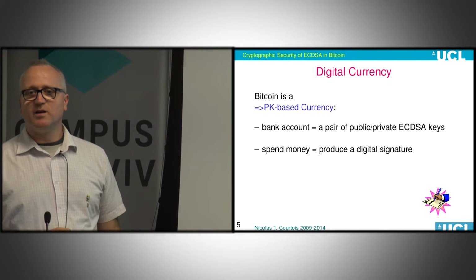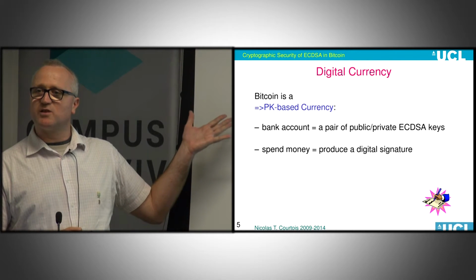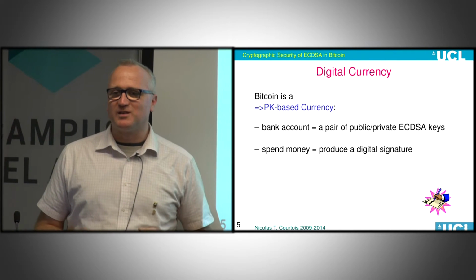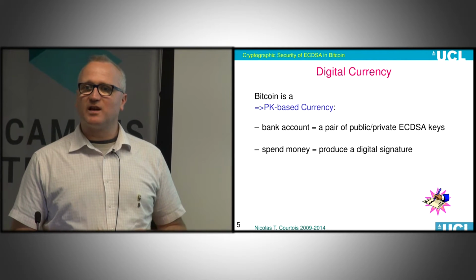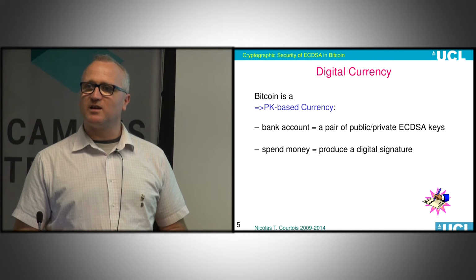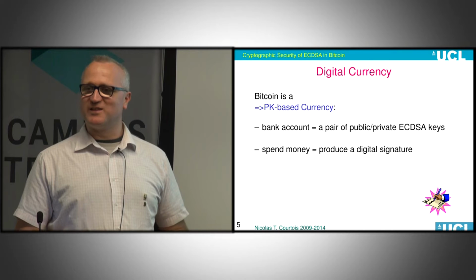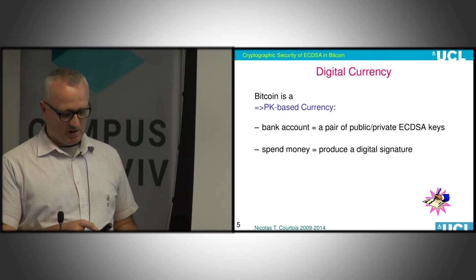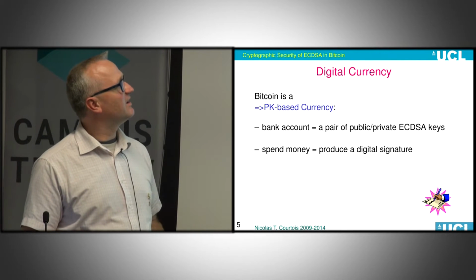This is one of the major, and maybe even the most important, practical applications of digital signatures in history. Digital signatures in traditional banking are not so important. Here, a lot depends on these digital signatures. You could do something else in Bitcoin, but currently you can basically lose a lot of money if something goes wrong with this digital signature. This is essentially the topic of today's talk. In traditional banking, you can undo transactions. In Bitcoin, you cannot.